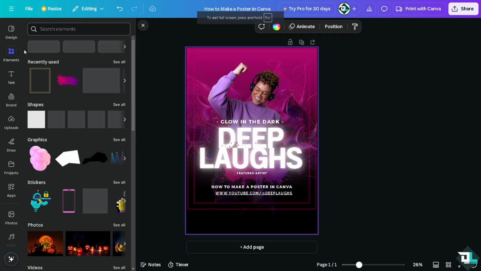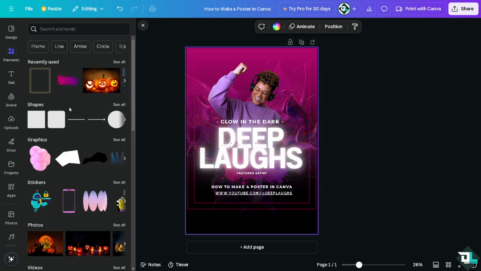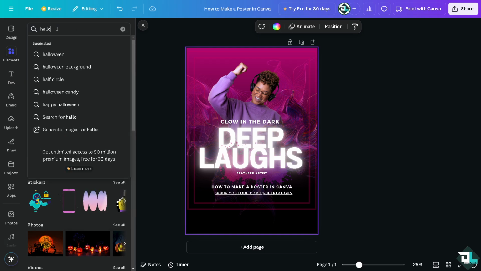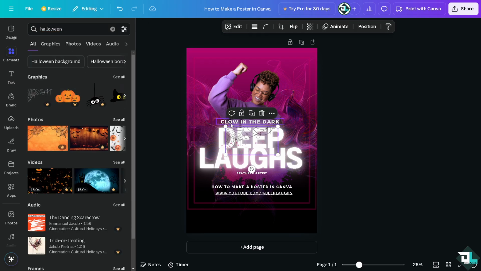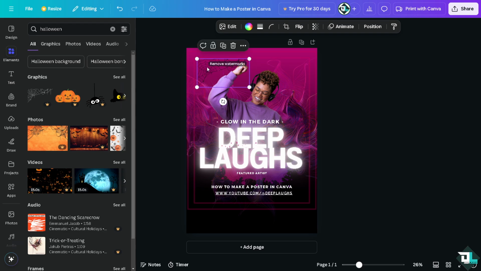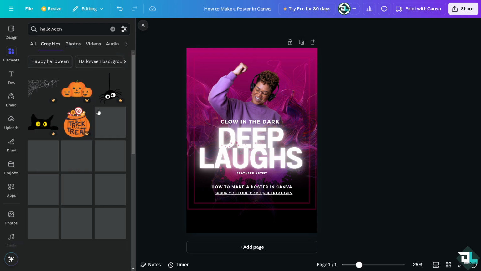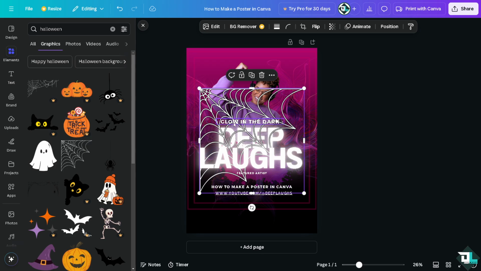You're welcome to go to the element section to add shapes, icons, stickers, or illustrations to your poster. You can search for keywords related to your design. For example, if you're looking for Halloween, type it in and of course press enter. You see, you can add a spider, but again, we're avoiding the Pro because it has a watermark. So we're not going to do that. So instead, we're going to look for something like